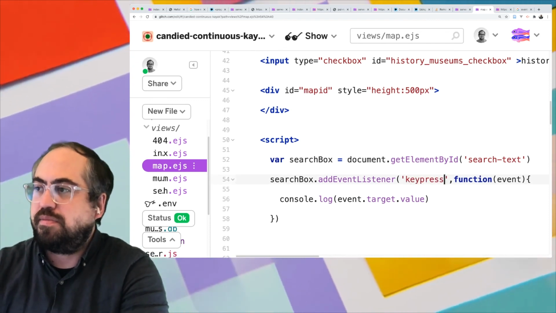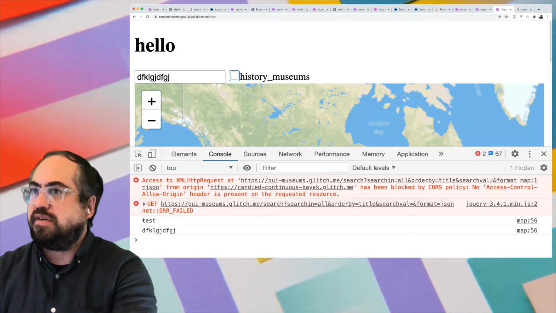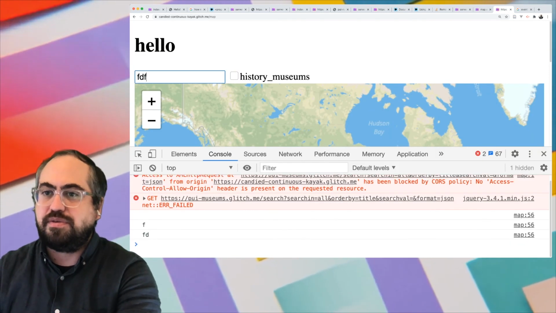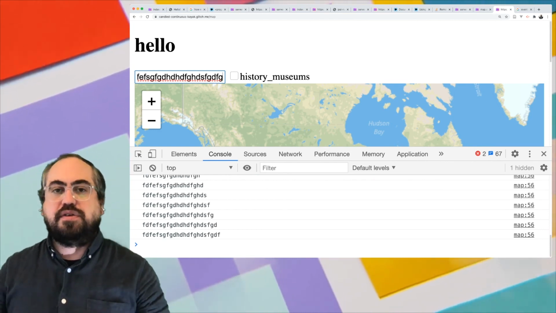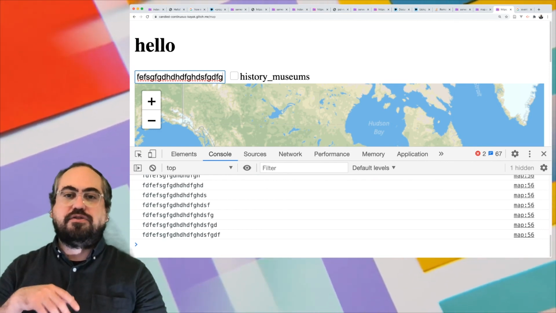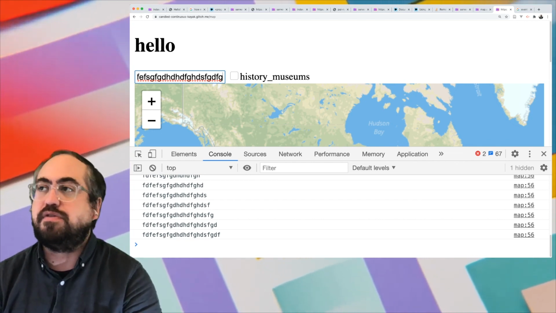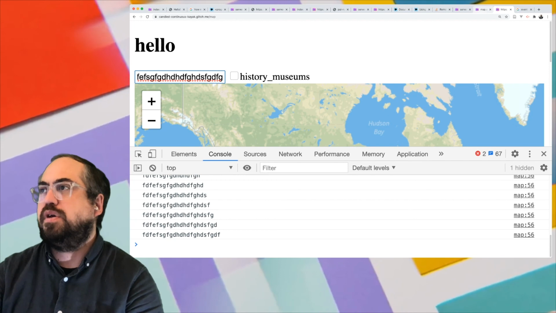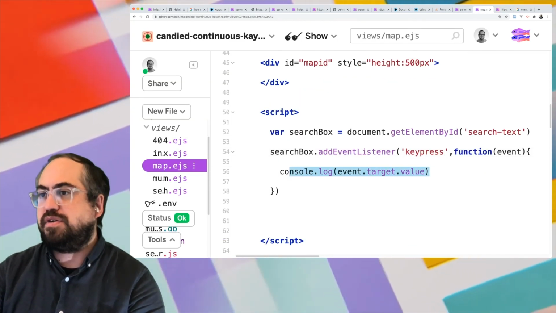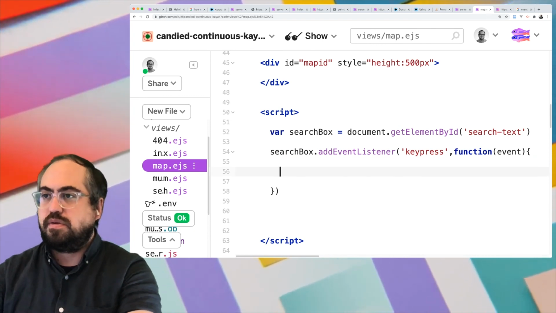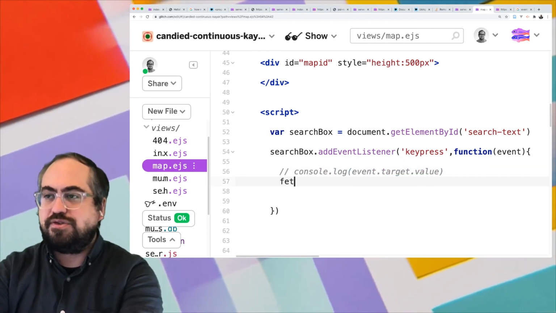Save time. So every time there's a key press, we saw that it's working, and whatever we type into the input box is now available to us, right? So the next thing would be to initiate a search based on the value that you typed into it. And so what we can do is, inside of here, we can do our fetch,